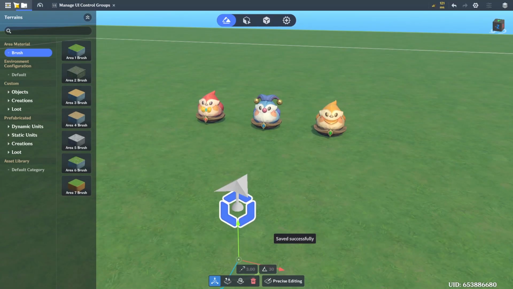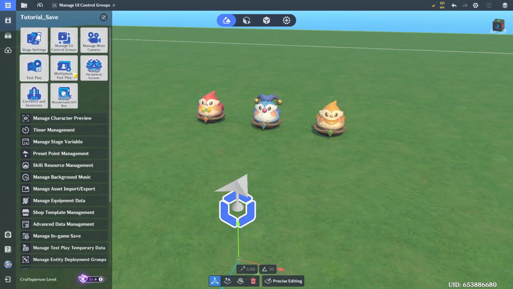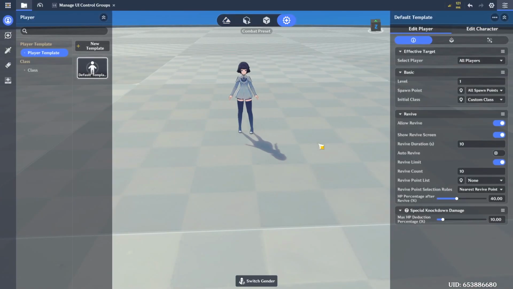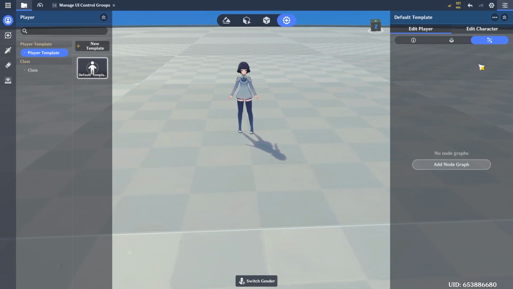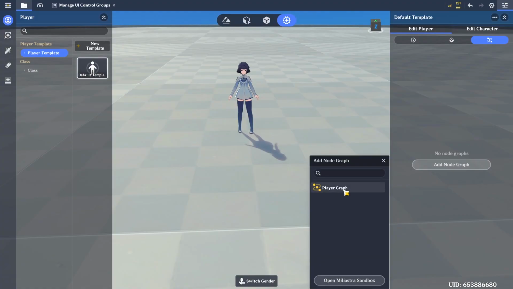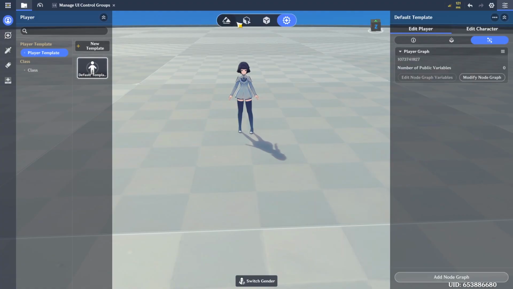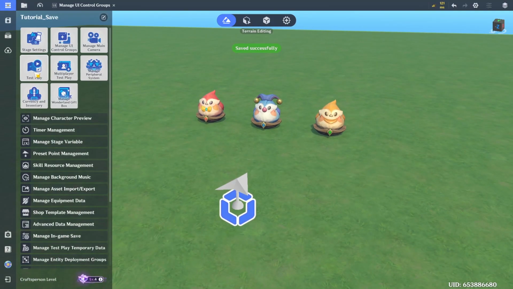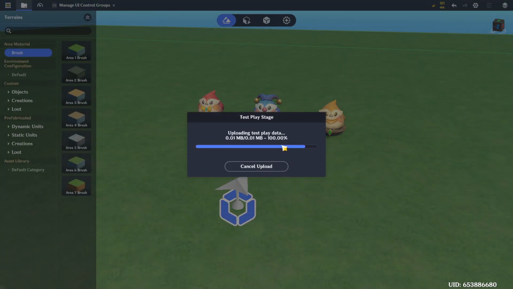So now I'm going to start the game and test our logic. But before, we need to add this logic we just created to our player. So we're going to go to our player, the last tab, and add node graph, add the player graph. And now we should be able to test it. So I'm going to go to test play, and